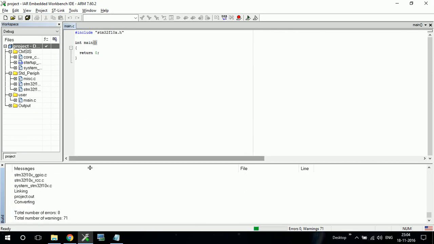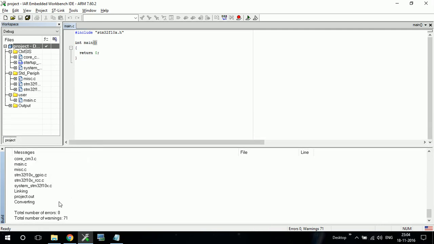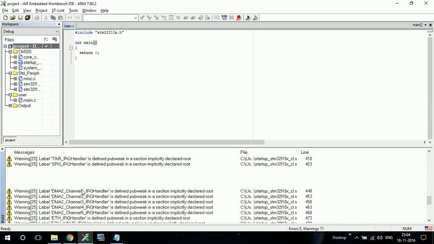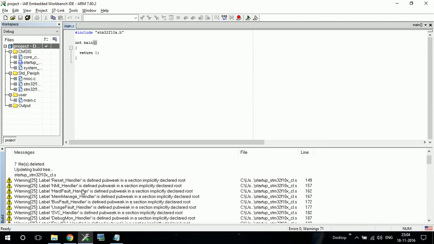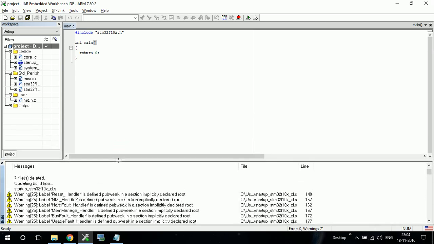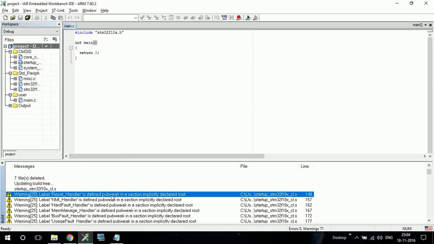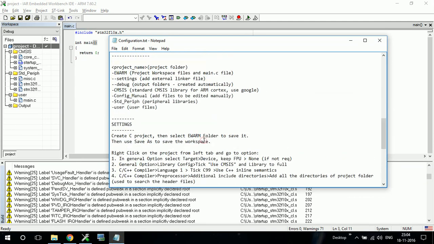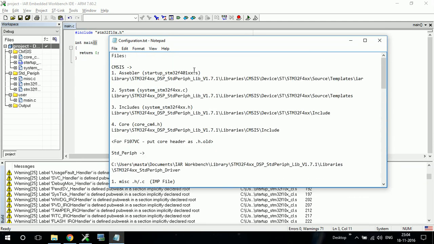Yeah. So now you can see the program is showing 0 errors, but there are 71 warnings. So what are these warnings? Actually, I put these warnings for you to know that there are some settings which do not work when you go from 4 to 1, because as you can see I used reference as STM401